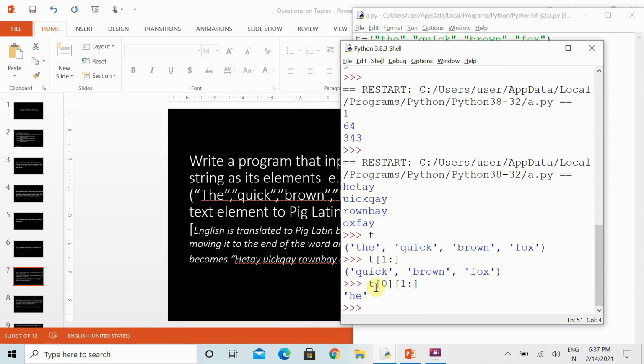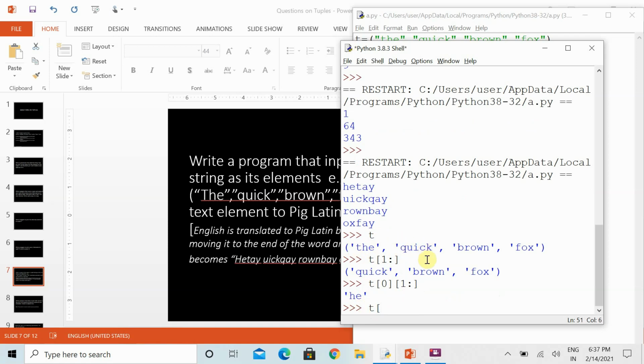The zero specifies that I am focusing on the first word, and the second index specifies that I am fetching from the second letter. I have not specified the ending limit, which means it will cover the entire string.